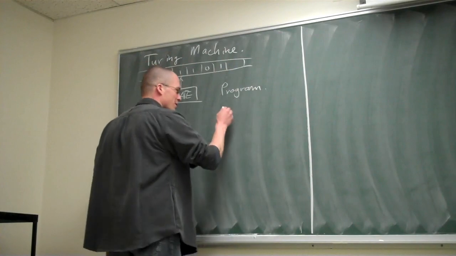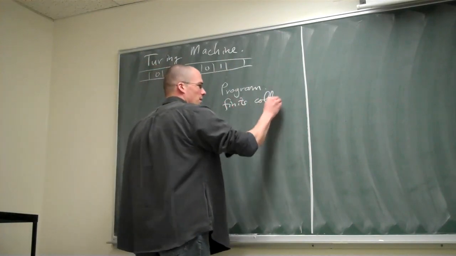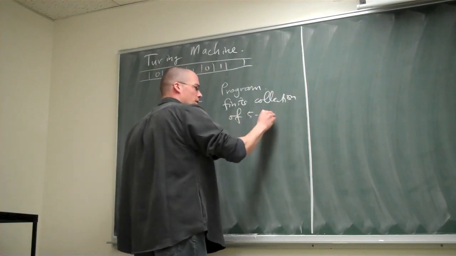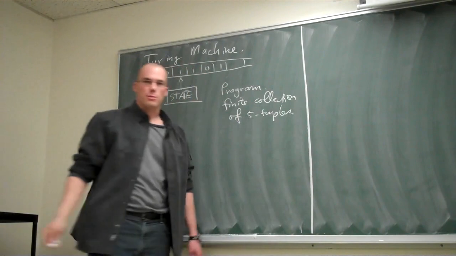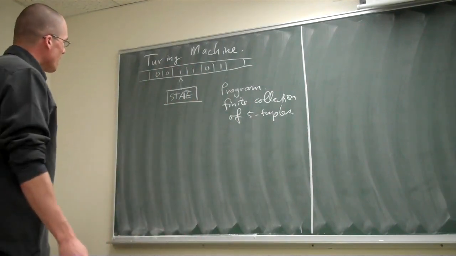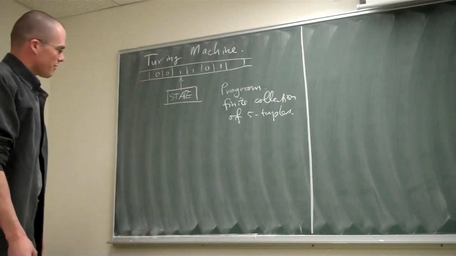I guess the program here is this finite collection of 5 tuples, right? This is more of a picture than a definition, but slowly but surely we'll observe it again